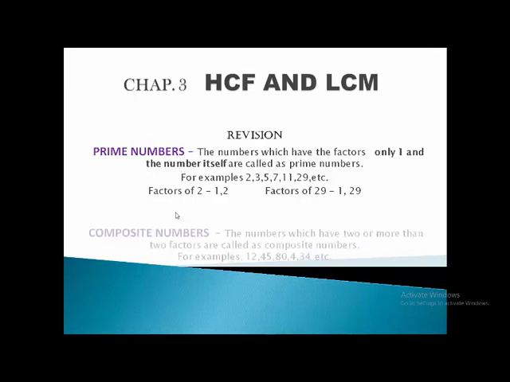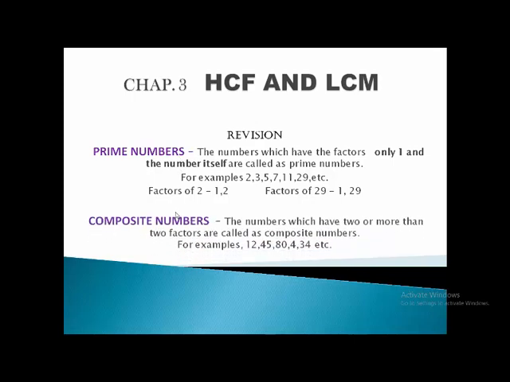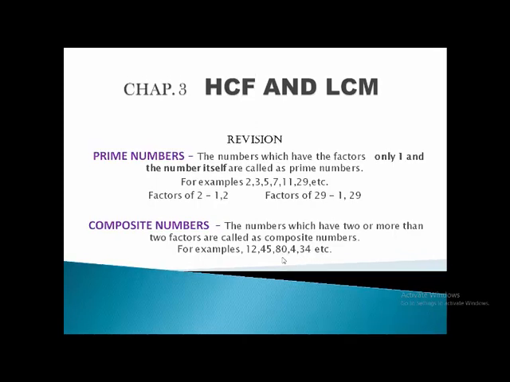Now see the composite numbers. The numbers which have 2 or more than 2 factors are called composite numbers. For example, 12, 45, 80, 4, 34 and many more are examples of composite numbers. After that,